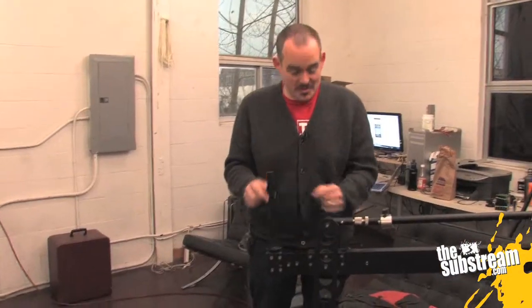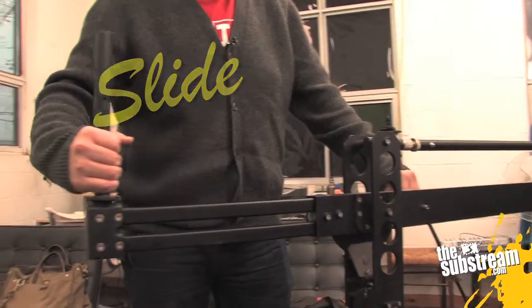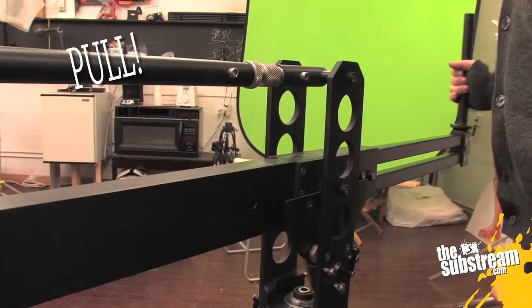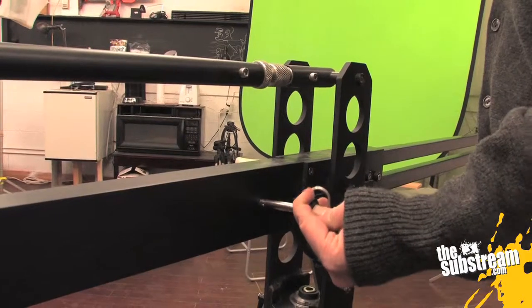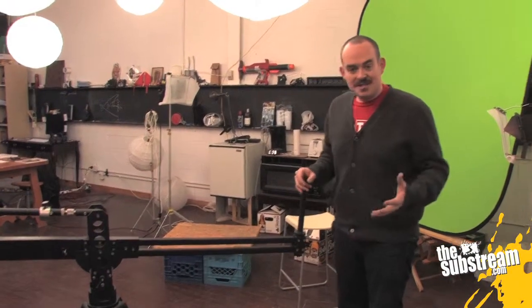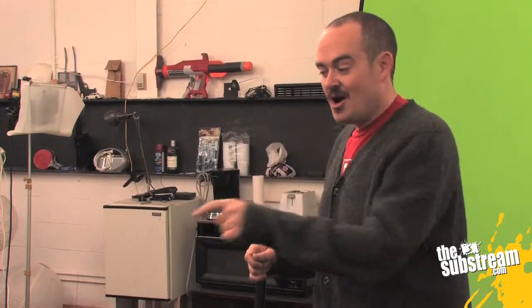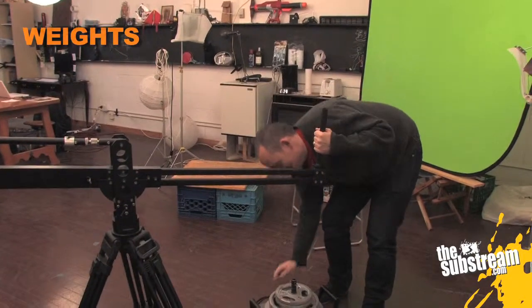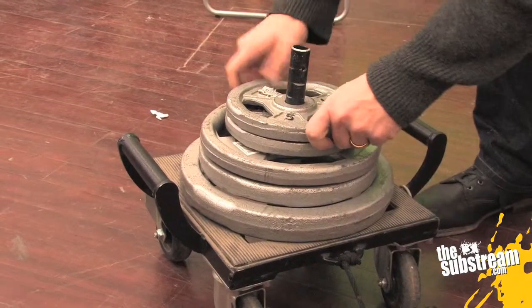This is the arm that holds the weight, and it slides out of the body of the Jib Arm. There's a pin over on this other side that you pull out. Once this is out all of the way, put that back in. Now the process begins, once you've got this fully extended, of making sure that the thing itself is balanced. It's already a little bit off because that thing's so much longer and heavier than this end. So we're gonna put some weights on this end